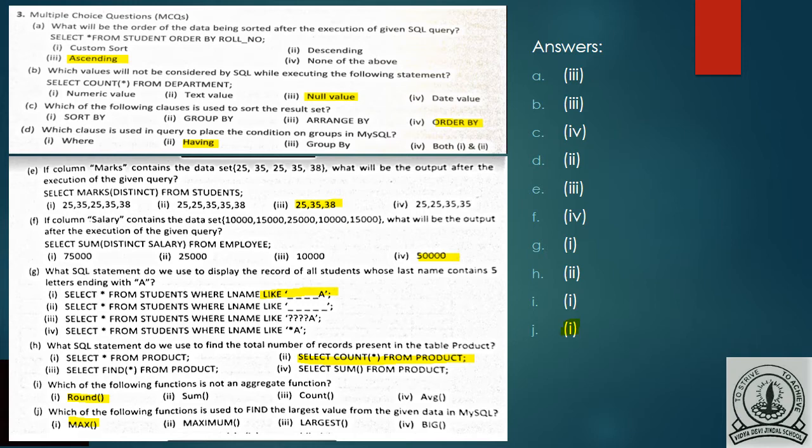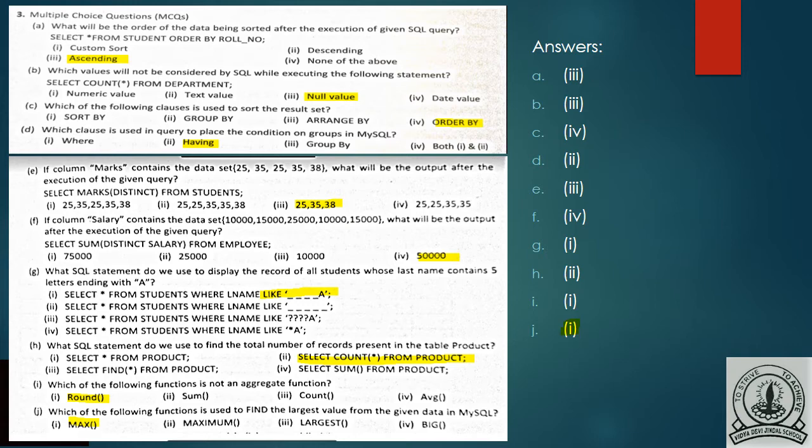So your answer will be 50,000. See, 10,000, 15,000, 25,000. 25,000 plus 15,000 is 40, plus 10,000, 50. Now this 10,000 will not be used, and this also is duplicate, it will also not be used. So your answer is 50,000.